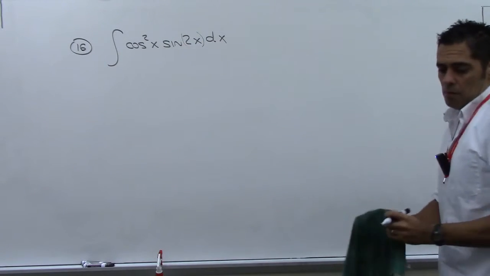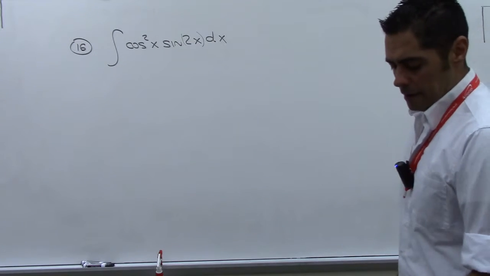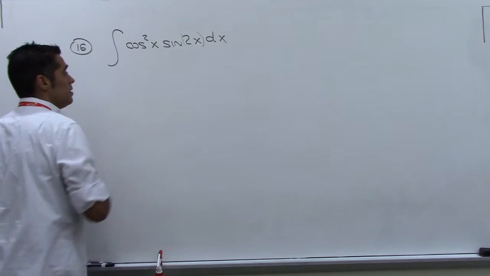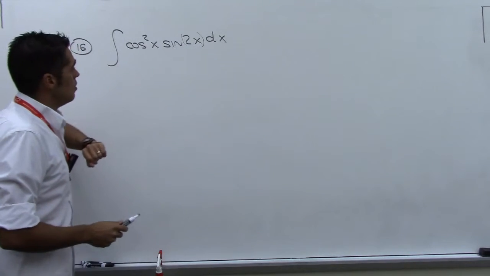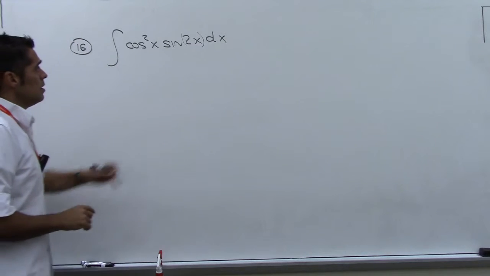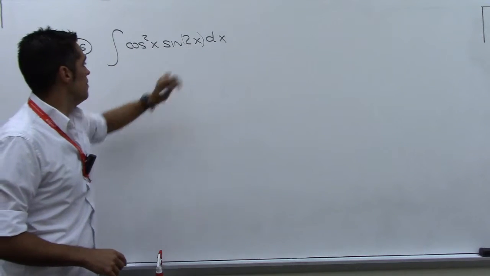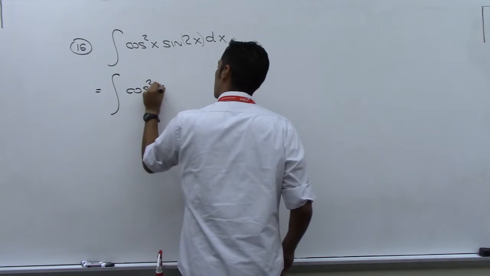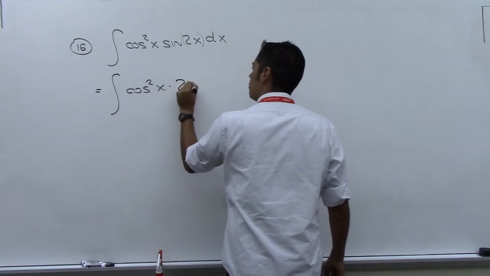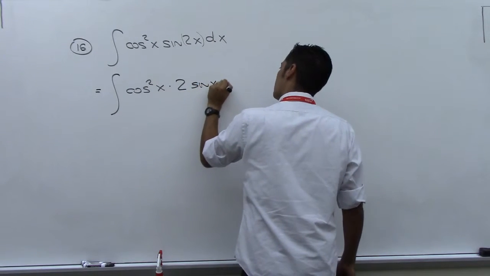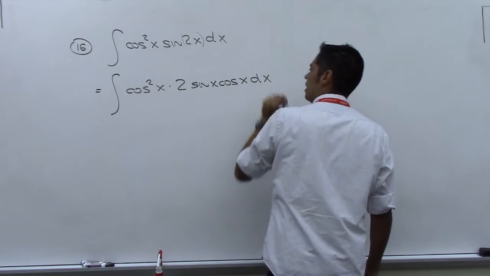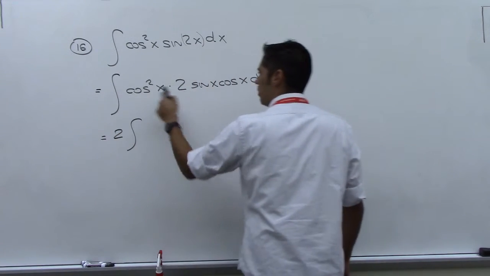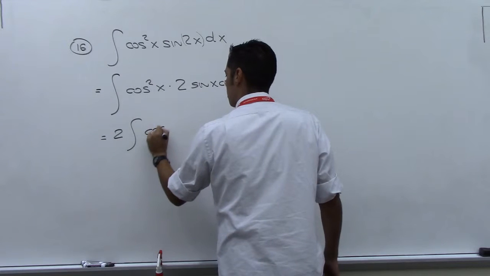All right, so we can't work with those together right now because the argument here is x, the argument here is 2x. We either need them to both be x's or both 2x's. So I'm going to use my double angle identity from pre-cal and rewrite sine 2x as 2 times sine x times cosine x dx. I'm going to pull the 2 out of the integral and put the cosine and cosine together, to get cosine cubed x